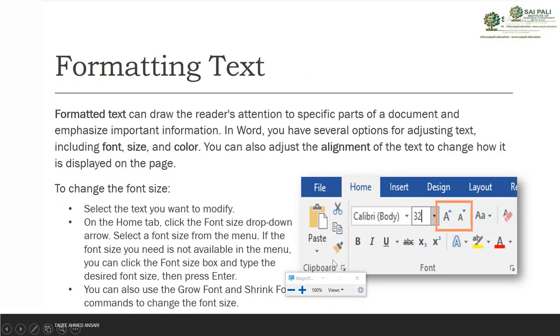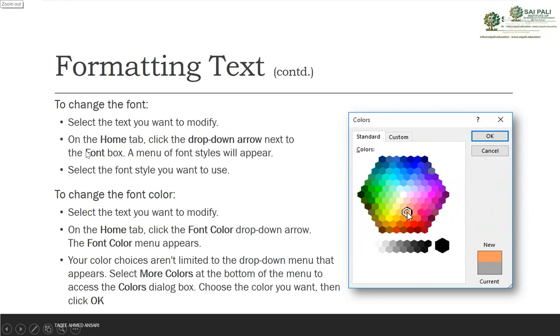Then you have other formatting options, like if you want to change the font, directly you want to change the font style.